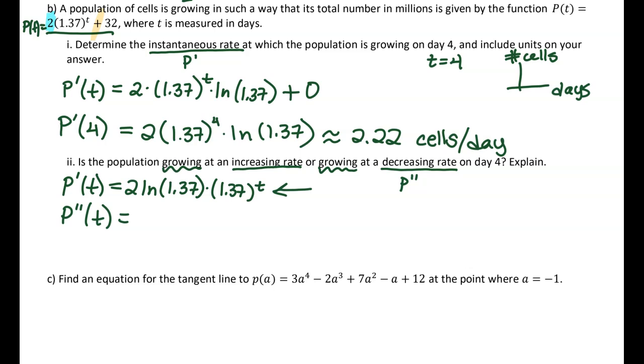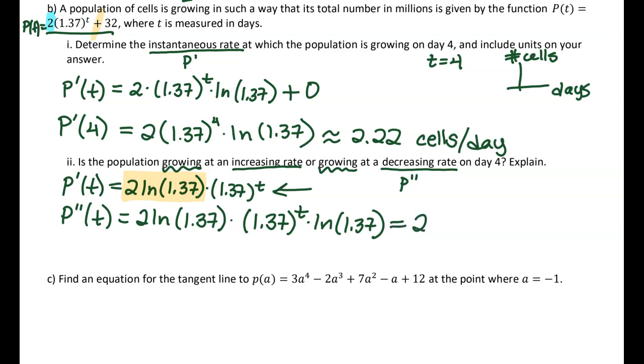This one can look really scary to people, but the truth is that all of this is just a tricky constant. There is no variable in there. There's no variable attached to any of that except for the multiply by. So this is a constant multiplied by a function of t, which means all of that just comes along for the ride. And we really just need to focus on the 1.37 to the t that's remaining. And the derivative of 1.37 to the t is itself times the natural log of its base. So basically, as you continue taking derivatives of exponential functions, every time you do it, you'll pop out another natural